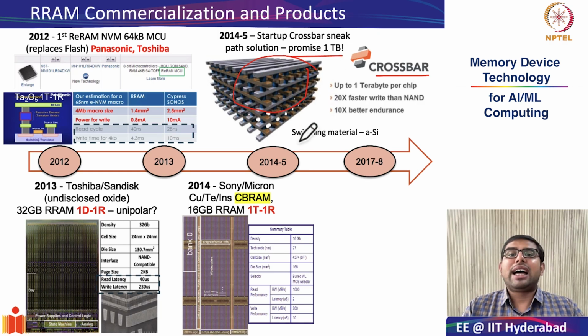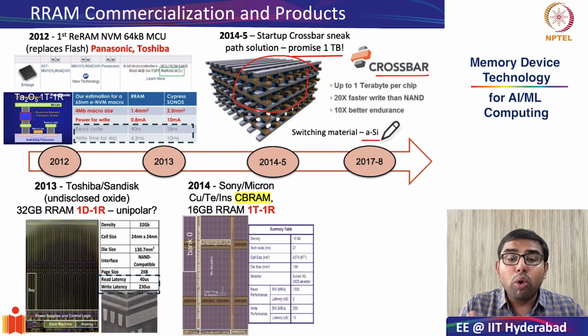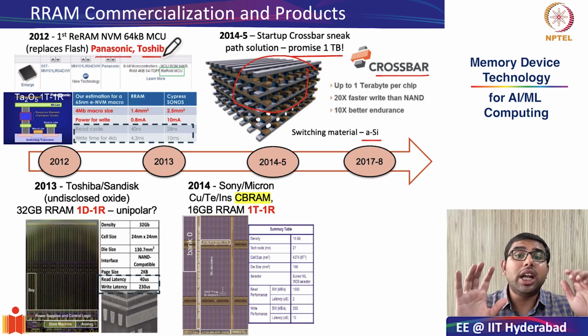It is rumored that the switching element in these kinds of RRAM cells is amorphous silicon, thereby even more improving the CMOS scalability. However, this particular promise took several more years to come close to production. Right now, if you go to Crossbar's website, you see that they have scaled down on the promise of having large memory arrays, and they are focusing more on the embedded non-volatile memory space, which is similar to what Panasonic and Toshiba initially promised.